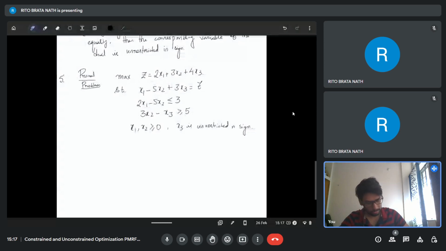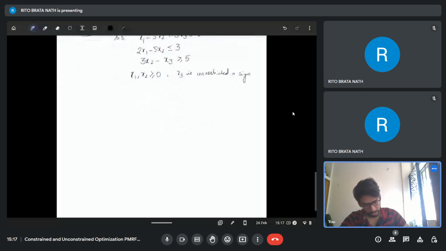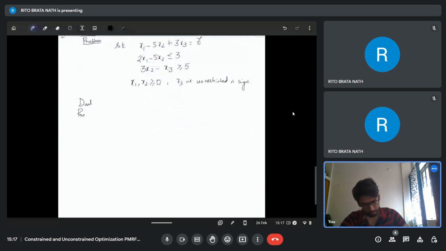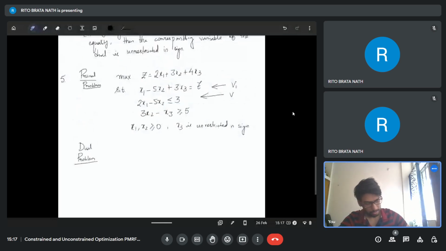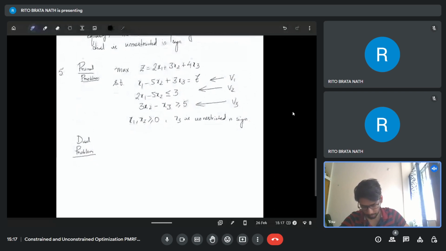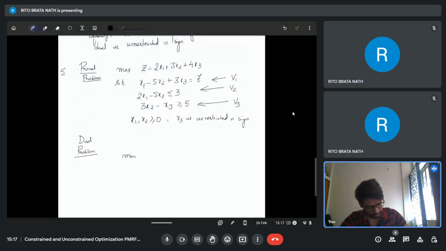Next, let's go into the dual problem. Let's call v1 the variable associated with the first constraint, and so on up to v3. How can we write it? This will be a min problem, and let's say w equals 7v1 plus 3v2 plus 5v3. What you have to do additionally is that